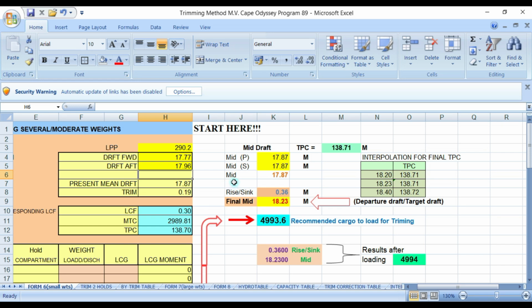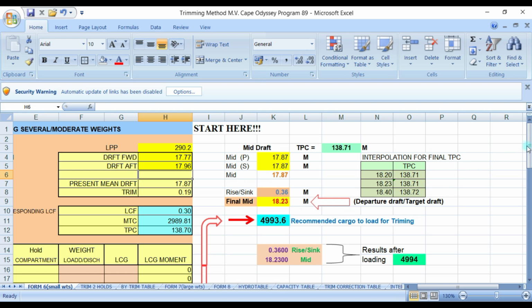So look at the mid or actual draft reading of your mid draft is 17.87, and your present mean draft by computation is 17.87, meaning to say there is a zero deflection. From here, you can already predict, or say you have an idea that there will be a zero deflection.